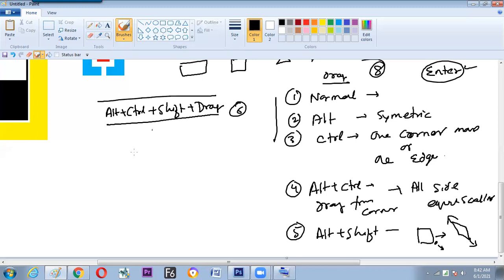Alt Control Shift drag, and drag from where? From the edge. This is the input and the output could be like this. So dragging can happen from this, or else it could be like this. So perspective scaling can be done with this.